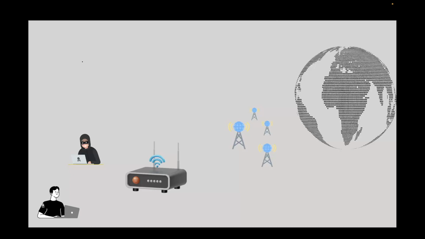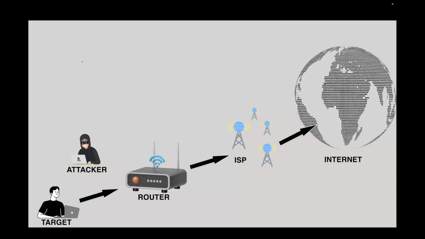Here we have our target, the attacker, our router, our internet service provider, and this globe which resembles the internet. In a normal networking scenario, the target is in his home and wants to send traffic out to the internet. He first sends it to his router, and the router sends it to the internet service provider, which sends it to the designated location on the internet, and then it goes back to the target through the router. Our goal here is to put ourselves in between our target and the router,